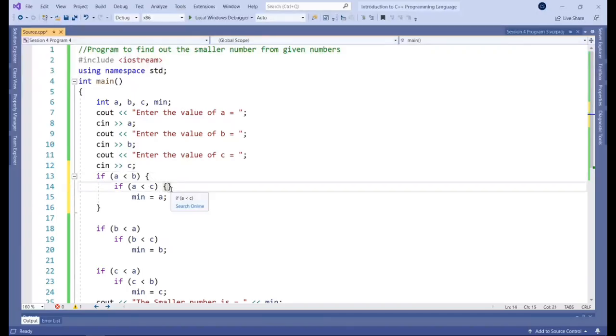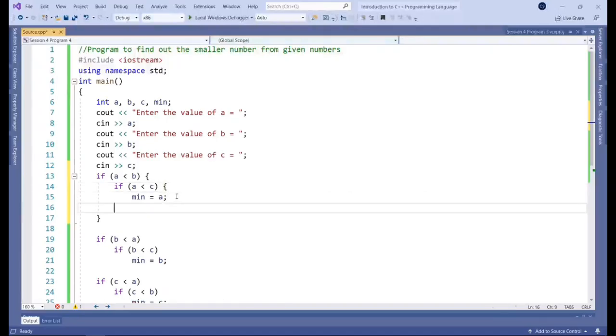So we've got an if statement within an if statement, and I'll show you how that can work. This first condition will either get evaluated to true or false, that we know. And just like any other if statement, if that is true, the body of the if statement will be executed. Now, that doesn't mean that min will be set to a straight away, but that does mean that the second if statement will get executed.